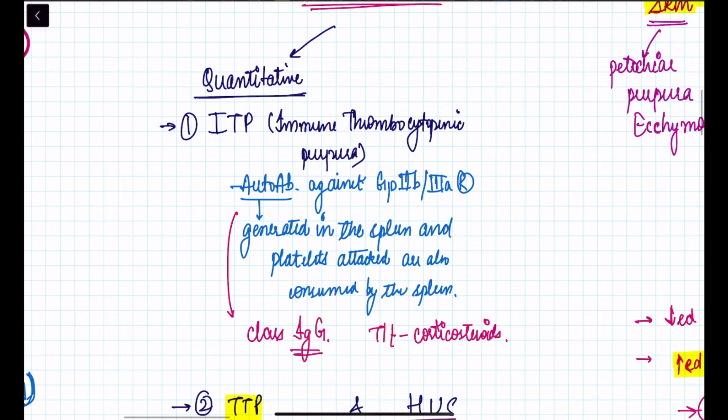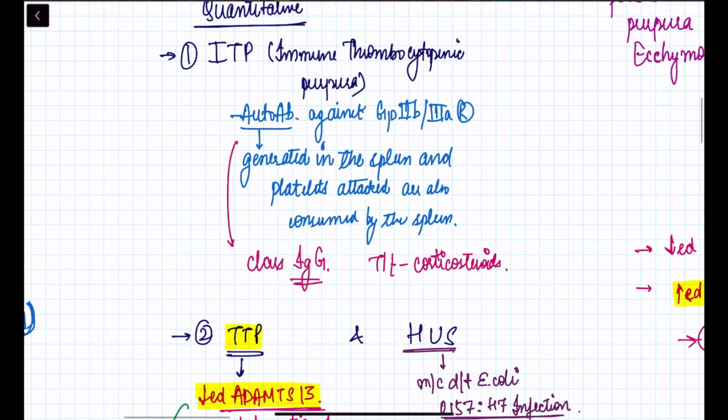So let's see the disorders of primary hemostasis. We have quantitative and qualitative defects. Quantitative means there is a decrease in the quantity of platelets, and qualitative means there is a defect in the quality. There is degradation of the platelets, and so they are not of optimal quality. In quantitative, the first one is immune thrombocytopenic purpura (ITP), the most common, characterized by autoantibody against